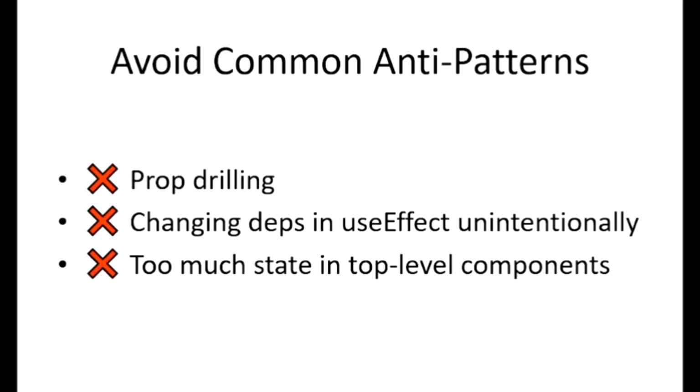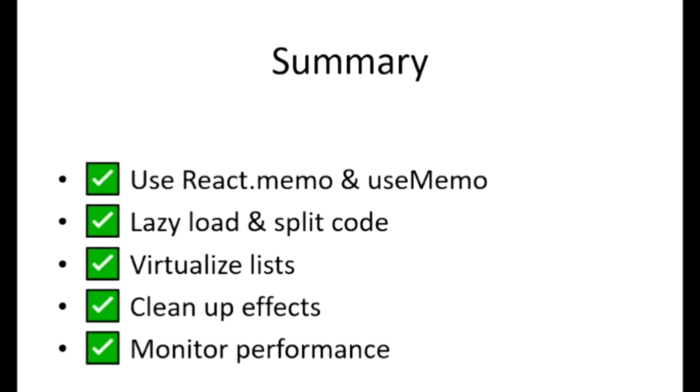Also, let us summarize some of the things that we just discussed. First important point to improve performance is to use React.memo and useMemo. React.memo is used to memoize the whole component, and useMemo is used to memoize heavy calculations so they are not re-computed again and again. Second is to use lazy loading and code splitting. Third is a virtualized list if huge data is there. Then fourth is cleanup effects, and fifth is to monitor performance with the tools that you can make use of. In this way, you can build high performance applications using React, which can be very efficient and very fast on loading.